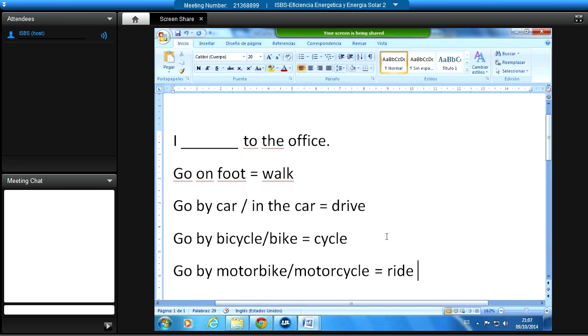If you say I cycle, it is pedalear, okay? So you have to cycle. If it's you ride, it's a kind of a motor. You don't have to make a physical effort. Ride is used for horses too. Yes, but that is when you say to ride a horse, because you can say to ride a bicycle as well. But here it is not ride anything, it's ride as an independent verb, not in combination with anything. So if I say I ride home, it is I go to my house by motorbike.